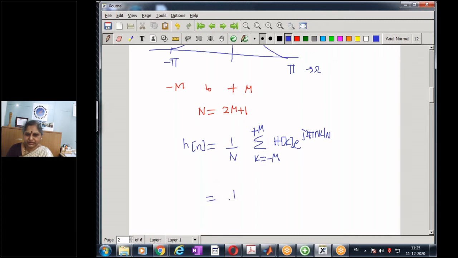Now I have this as 1 by n, and then for k equal to 0, I have h of 0, plus sigma k equal to 1 to m h of k e to the power of j 2 pi nk by n,